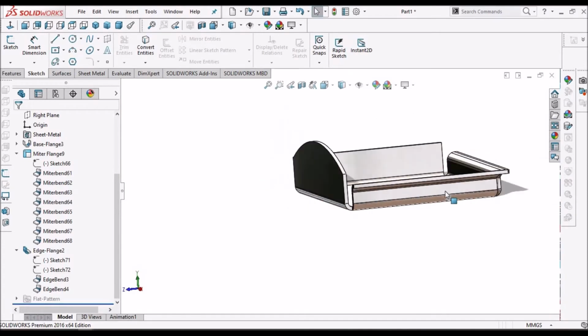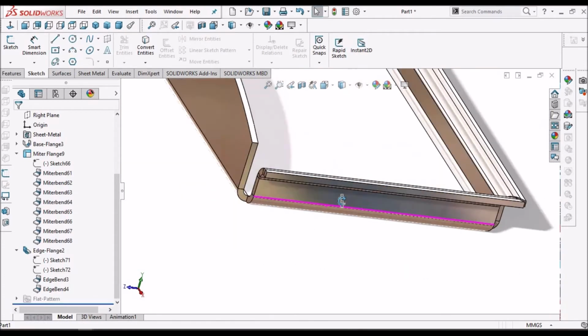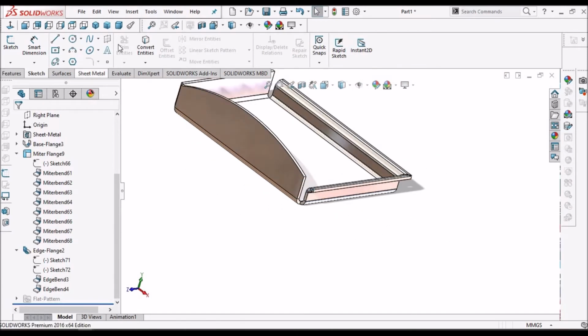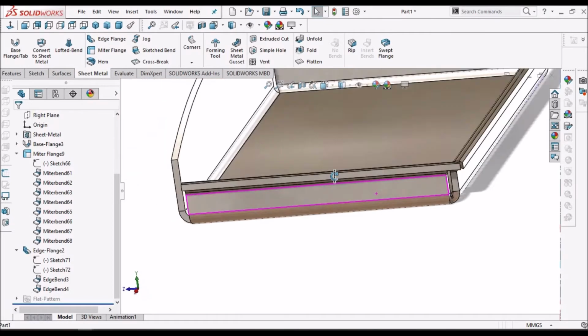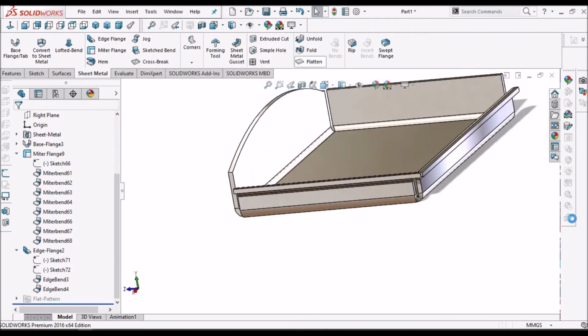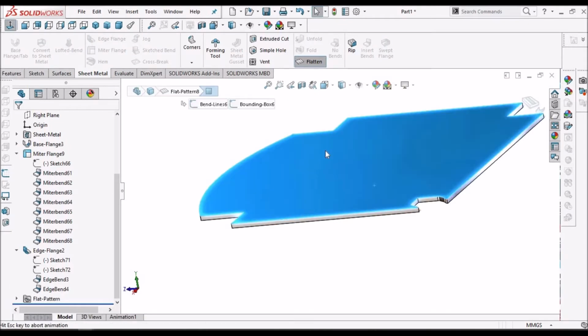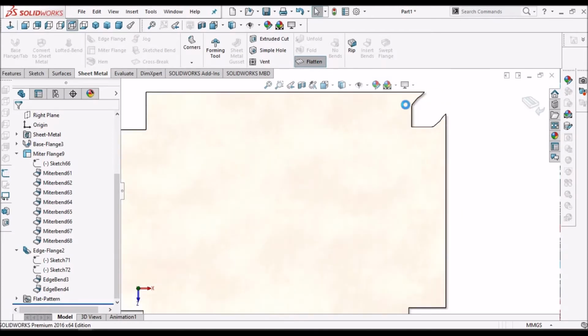See here. So this is the difference between edge flange and miter flange. I'll show you the flat pattern also. See, this is how it looks. These profiles are difficult to create in edge flange.